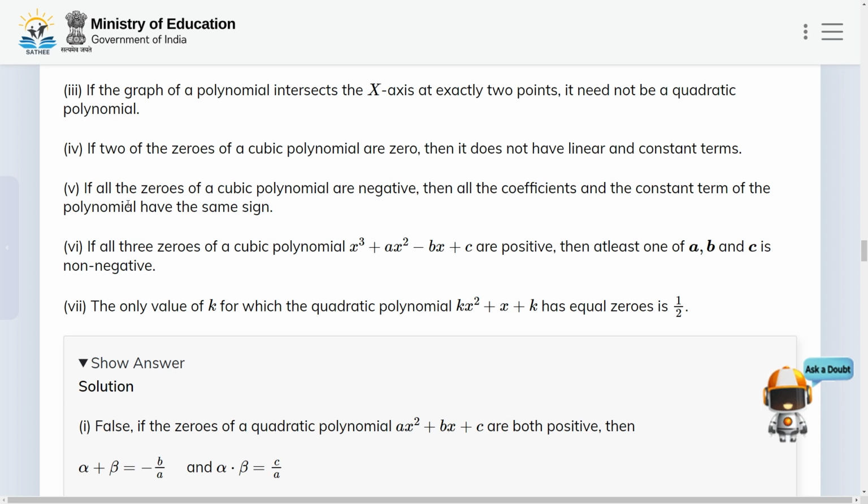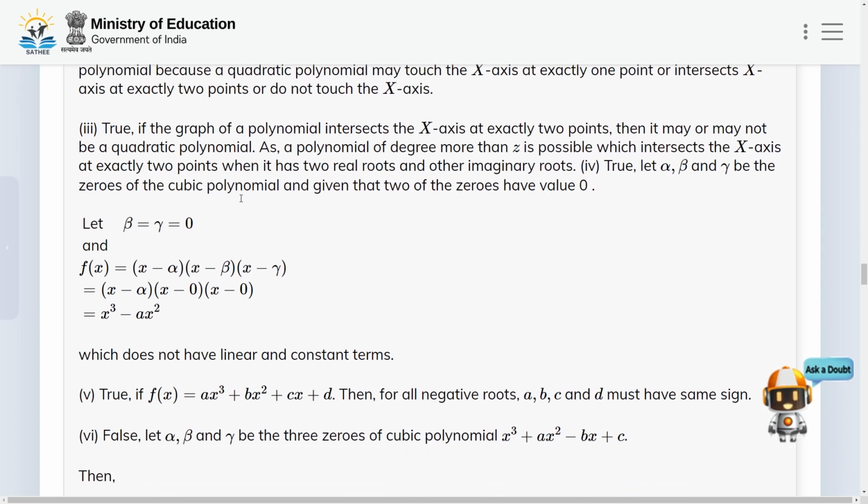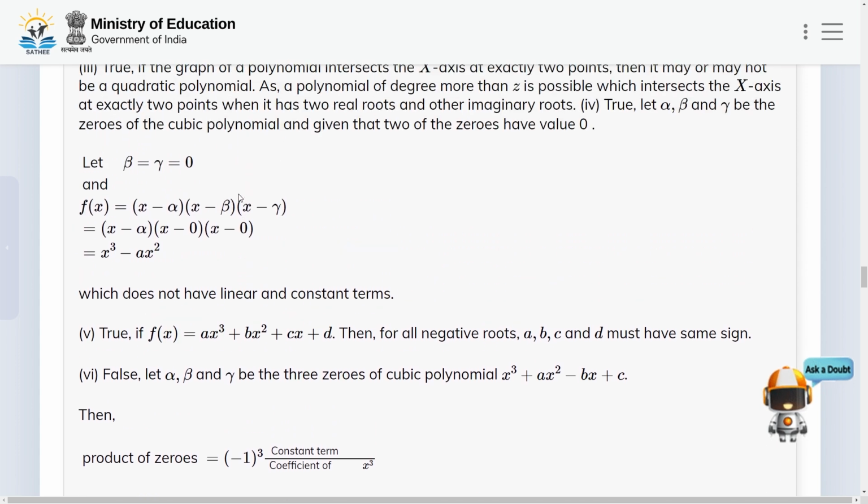Okay, and let us see the fourth statement. In the fourth statement here we have: if two of the zeros of a cubic polynomial are 0, then it does not have linear and constant terms. Let us see the answer of the fourth one. So in the fourth one here we can